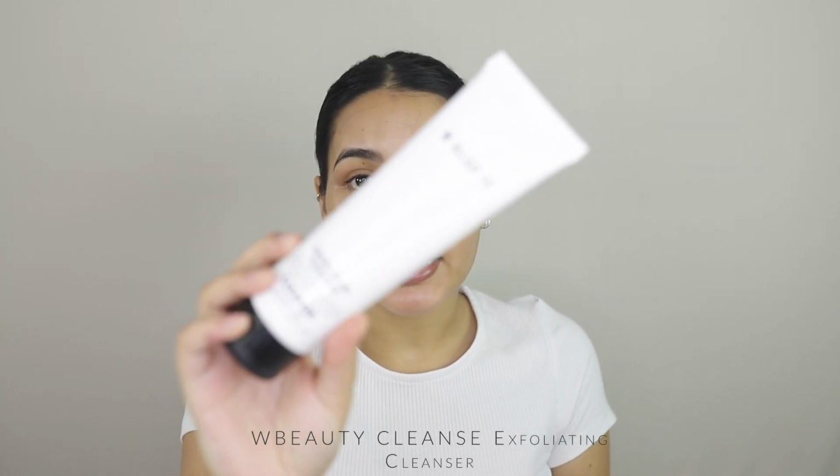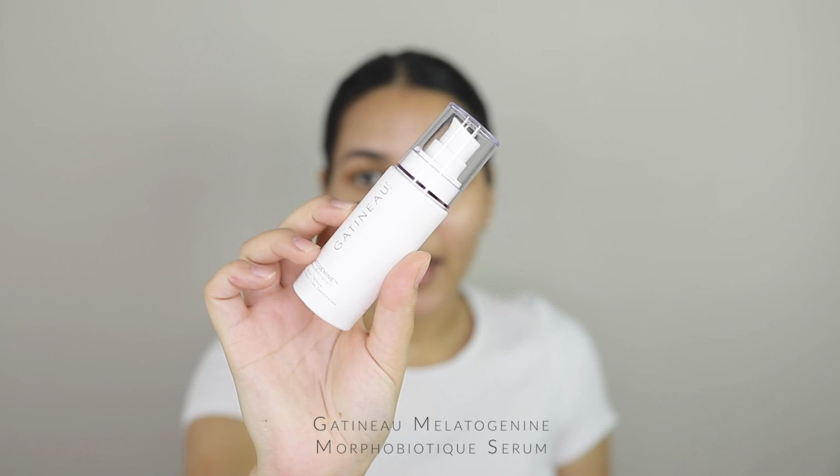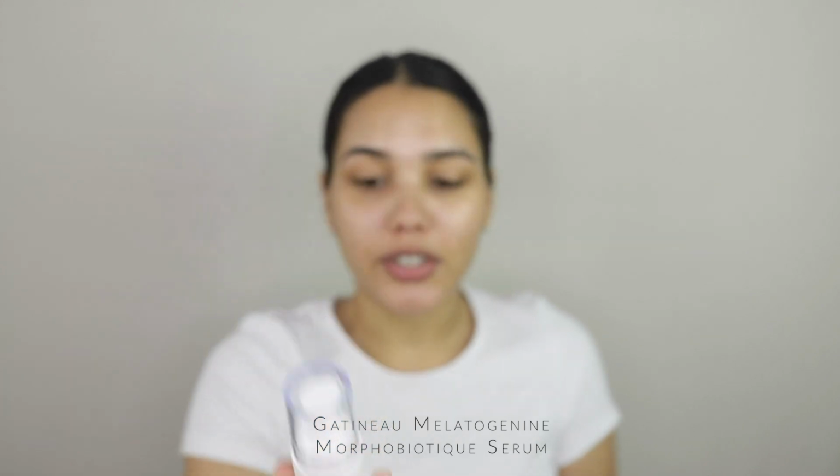So the first product I started out with was this exfoliating cleanser by W Beauty. I just applied this in the shower. I'm now going to be adding some of my retinol serum,